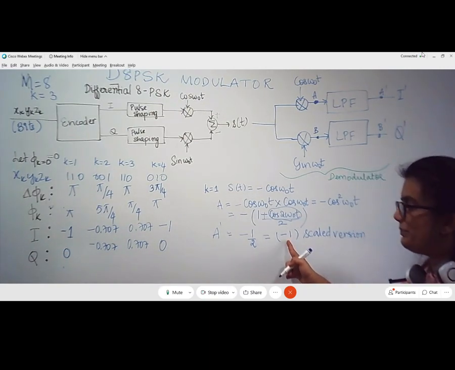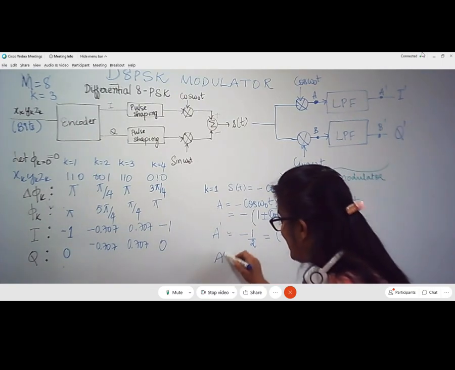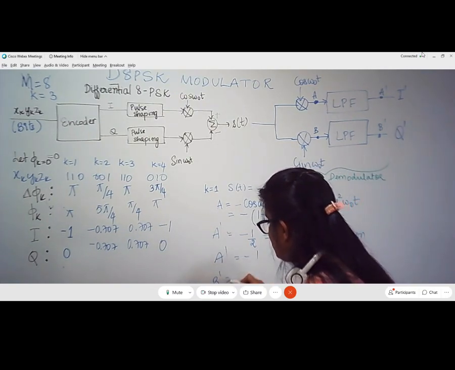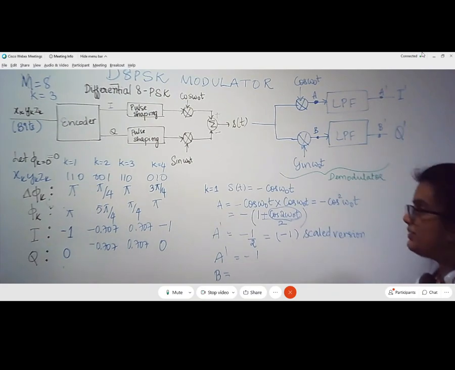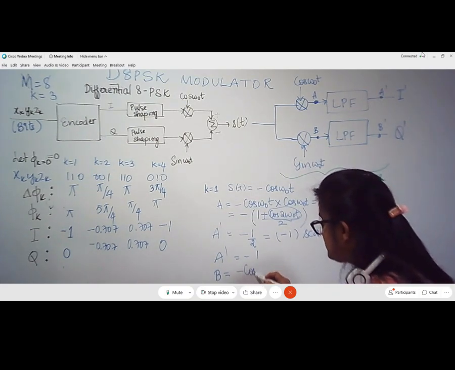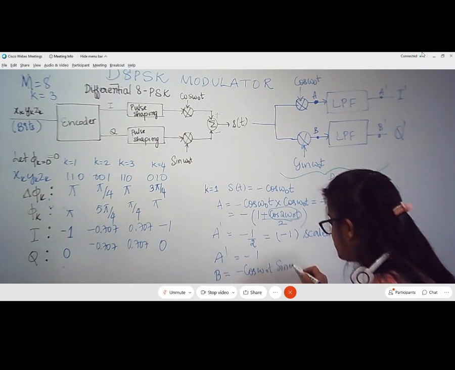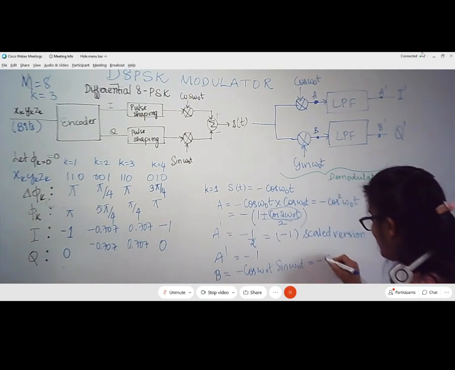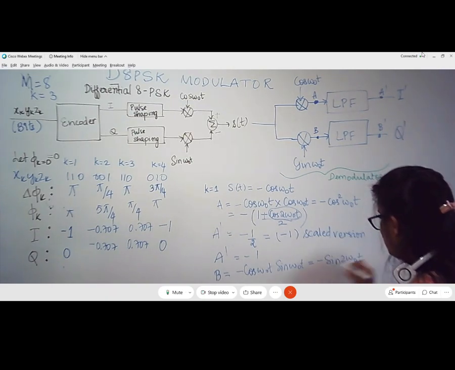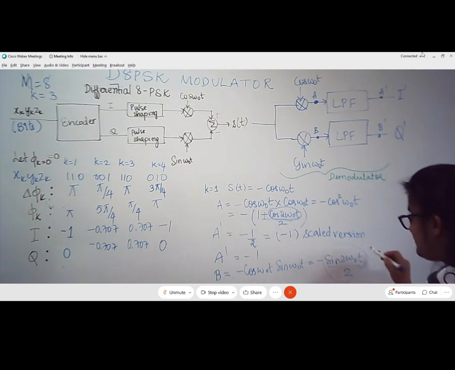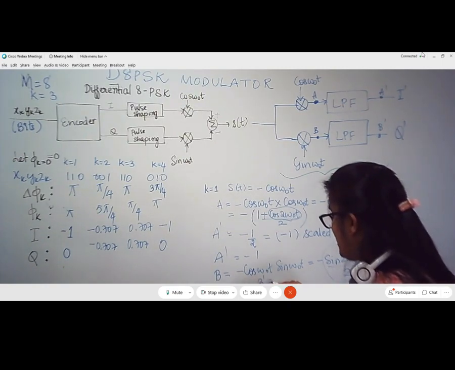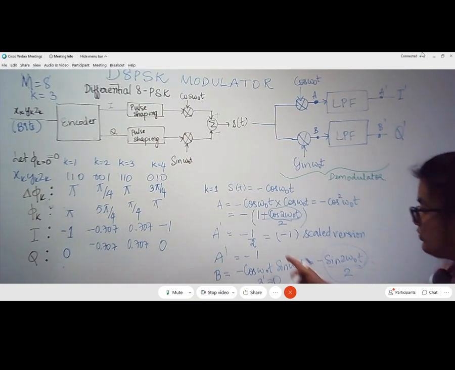That means you have obtained minus 1 back. You have got A dash as minus 1. Of course, B dash will be 0. Why will B dash be 0? If you look at the signal obtained at point B, it is minus cos omega naught t into sin omega naught t, which is equal to minus sin 2 omega naught t divided by 2. If you pass this signal through an LPF, since it's a higher frequency term, it will give out a 0 at B dash. At B dash, you are going to get 0 output. So, which is a valid output now? Only A dash with minus 1.